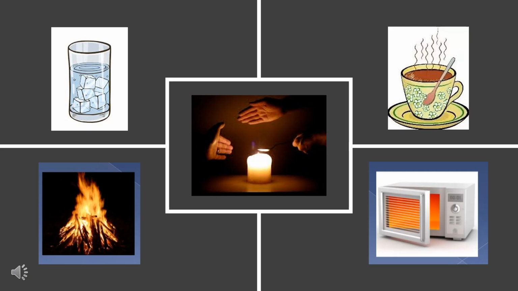So observe the pictures given over here. Look at the first picture, the glass filled with water and some ice cubes in it. Now these ice cubes are going to turn the water cold, and after some time we will see that the ice has completely melted and turned into water. Now why does this happen? This happens because the ice cubes absorb the heat from the atmosphere or the surroundings, and they melt, thus converting into water.